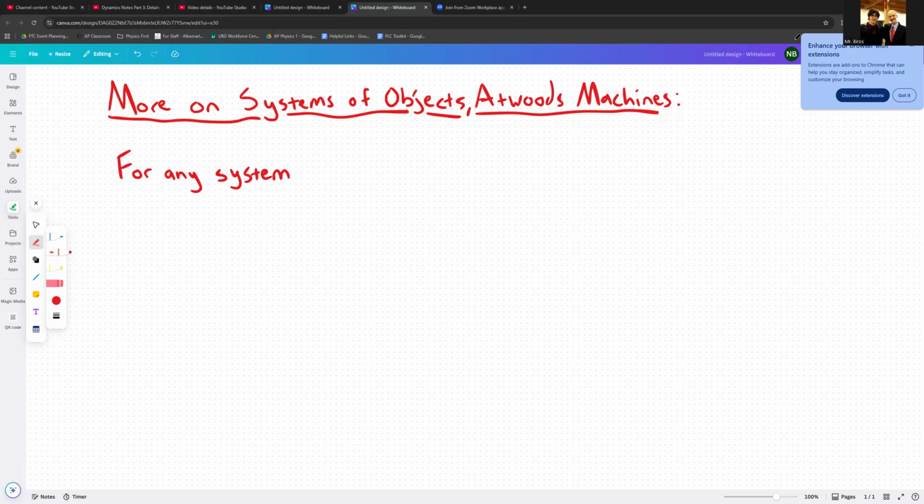Later on in Unit 3, it won't be as important that they're connected, but with forces, we tend to have two or three things that are connected in some way. So for any system of objects, it will become important